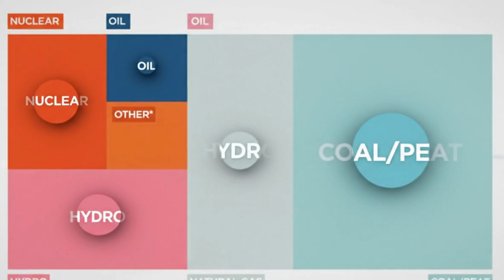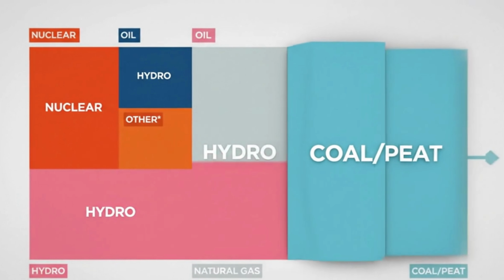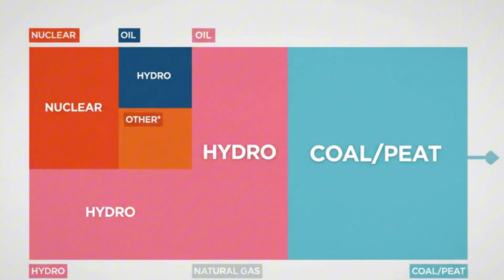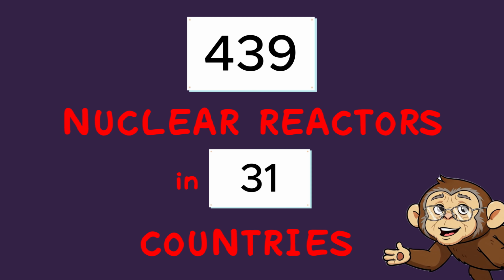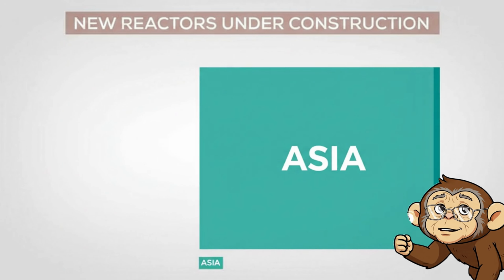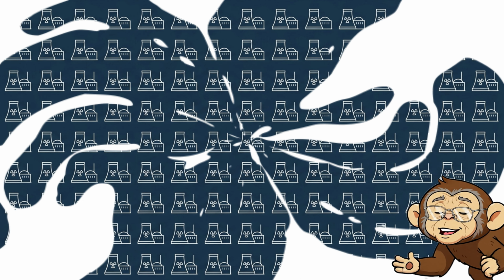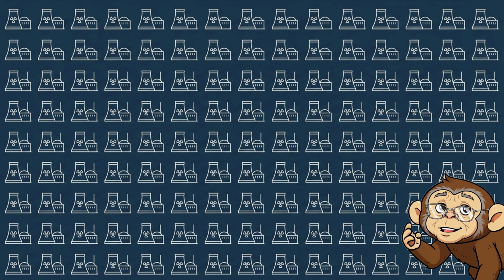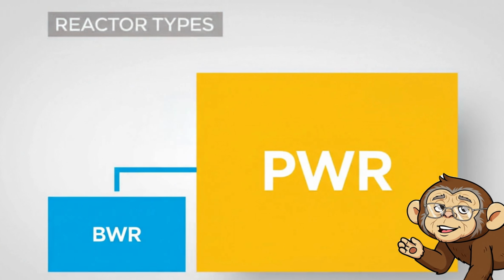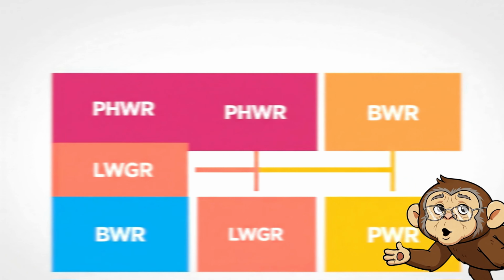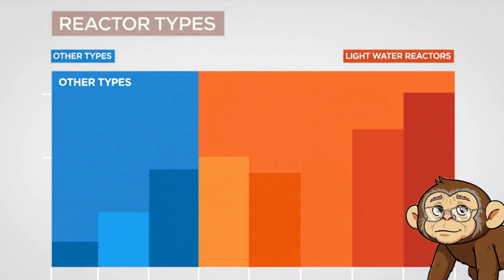So what's the situation today? Today, nuclear energy meets around 10% of the world's energy demand. There are about 439 nuclear reactors in 31 countries. About 70 new reactors are under construction in 2015, most of them in countries which are growing quickly. All in all, 116 new reactors are planned worldwide. Most nuclear reactors were built more than 25 years ago with pretty old technology. More than 80% are various types of light water reactor.